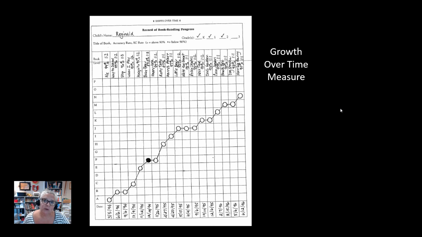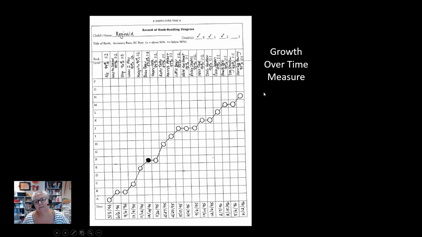Running records, in addition to showing us what kids are doing while they're actually reading, we can track their progress over time. So this student, Reginald, started out in March, reading a level A text. And here's the actual level A text. They read it at 94%, and they had a 1 to 2 correction rate. But in a few months, they were at a level B. And you can see that they were at a level B for a little while, then they went up to C. So we can see the levels changing, and we can also see the percentage accuracy and the self-correction rate